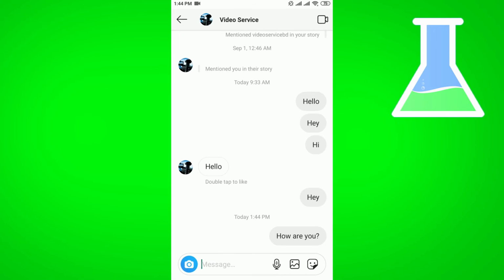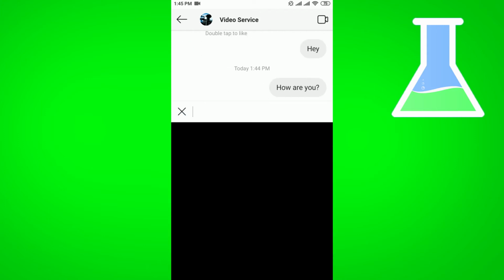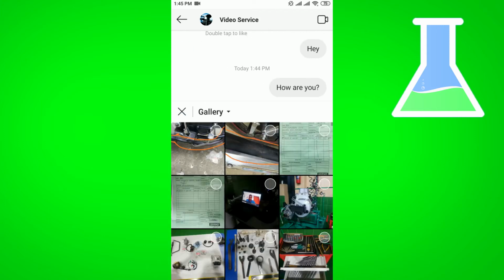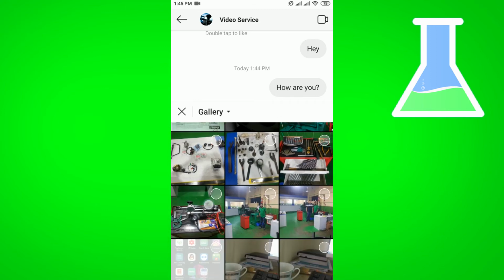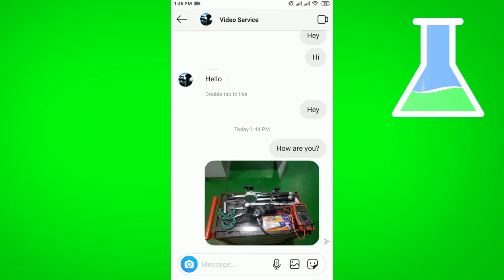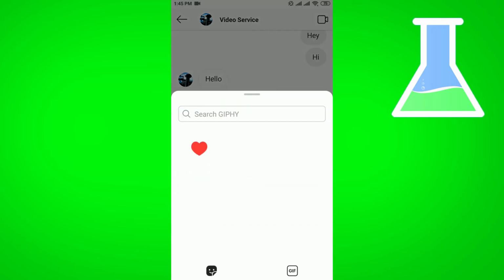If you want to add any image, if you want to send any image, then you just click on the image option. Then from here you can select any image to share with him. I'm sharing this image. So in this way you can share an image,